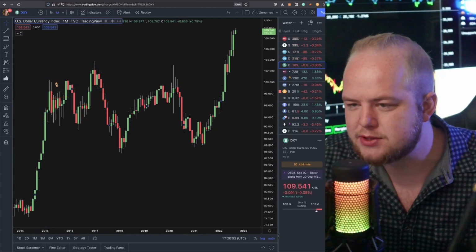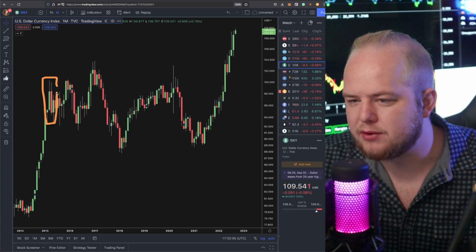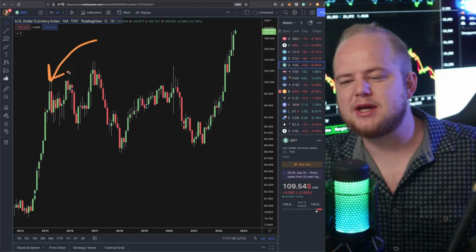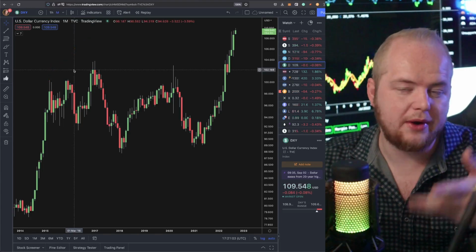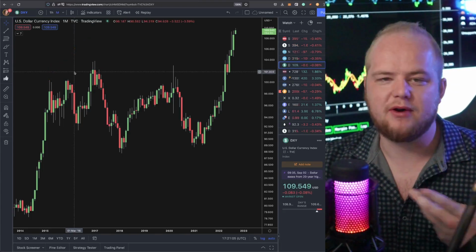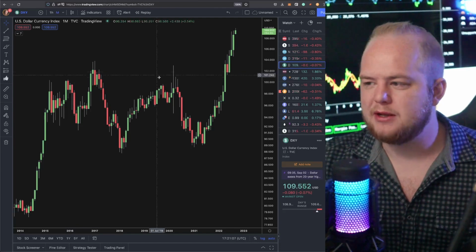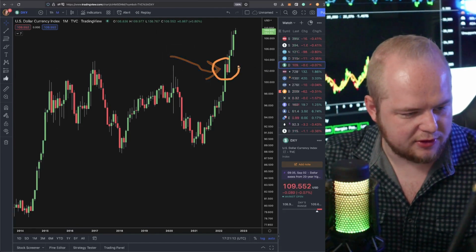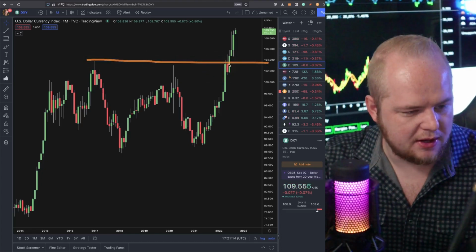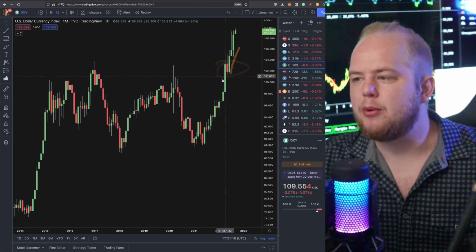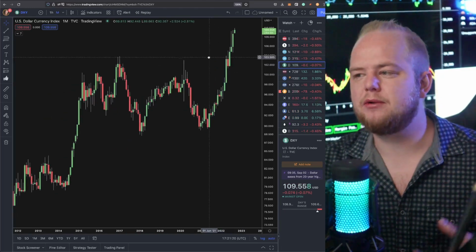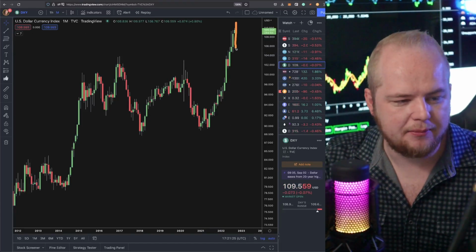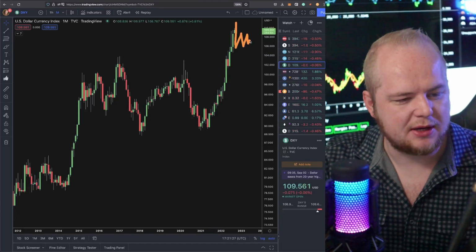But what we saw first was a major monthly rejection right there, huge monthly rejection. And that was kind of like the early warning signal that the US dollar index is slowing down in momentum. Now we got one here, but it wasn't at a new high for the US dollar index, right? This monthly rejection was just at the previous resistance, reject, continue up. But what we would want to see to signal that it's potentially losing momentum is a major monthly rejection back down, and then some sideways chop.